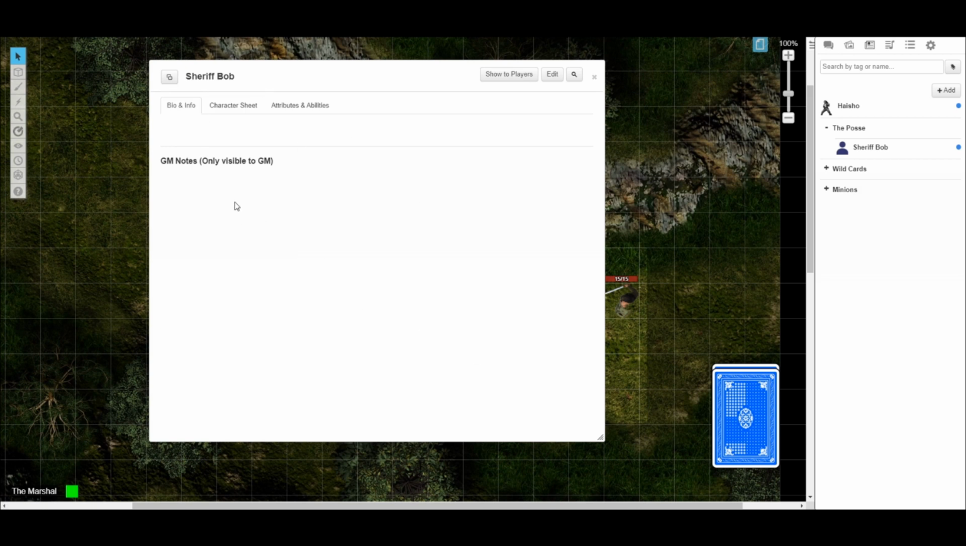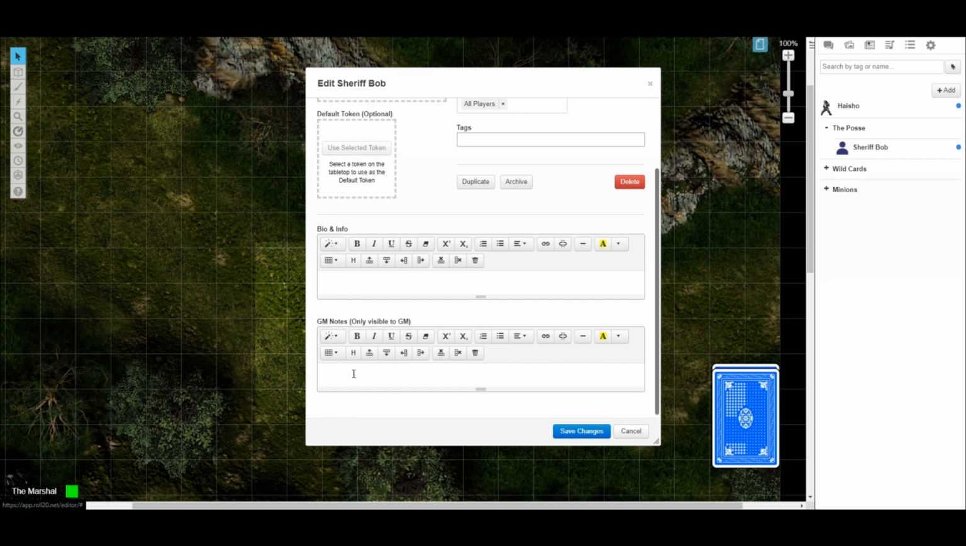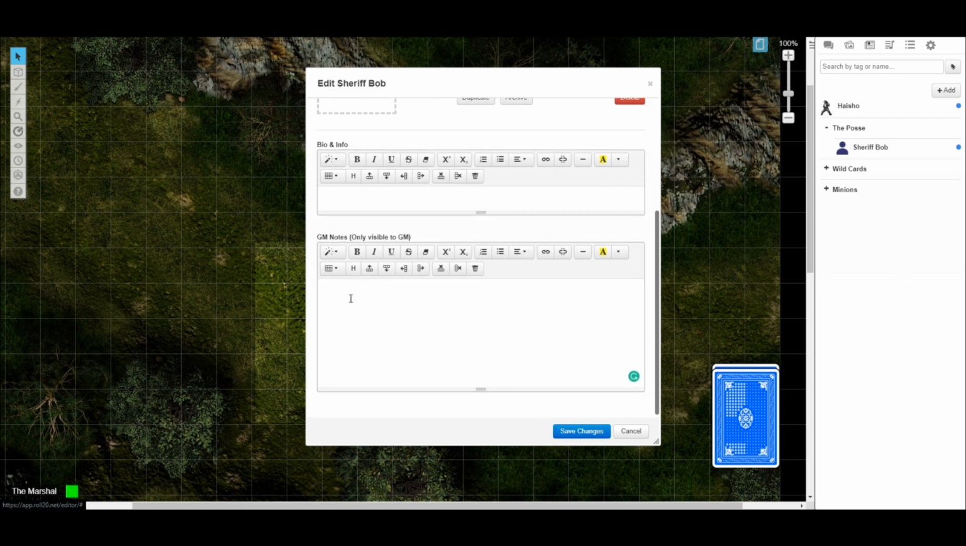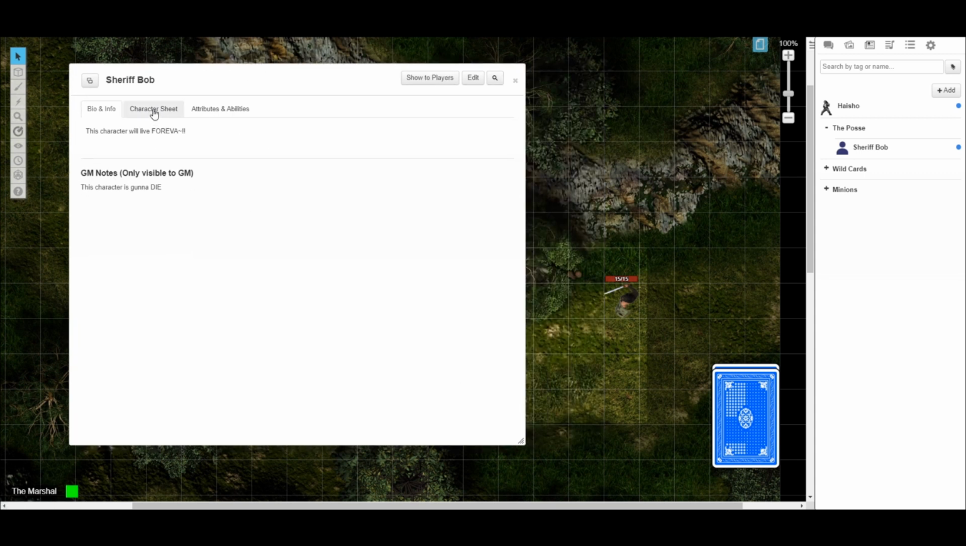All right, so it always opens up to the bio info sheet first. If you hit edit, you go ahead and create a bio for your character. You as the GM can put notes on anything that's in the journal tab. So if you want to make notes about the awful doom that awaits your players or that particular character, this character is gonna die, you put that here, but what they'll see is this character will live forever. Very good. All right. My players are never going to trust me again after seeing that. Anyway,